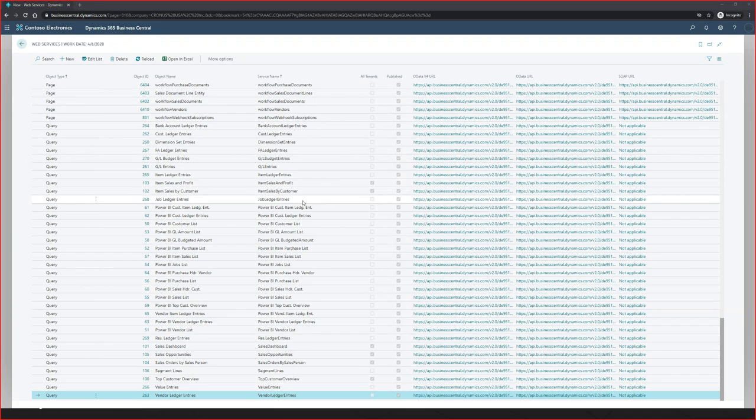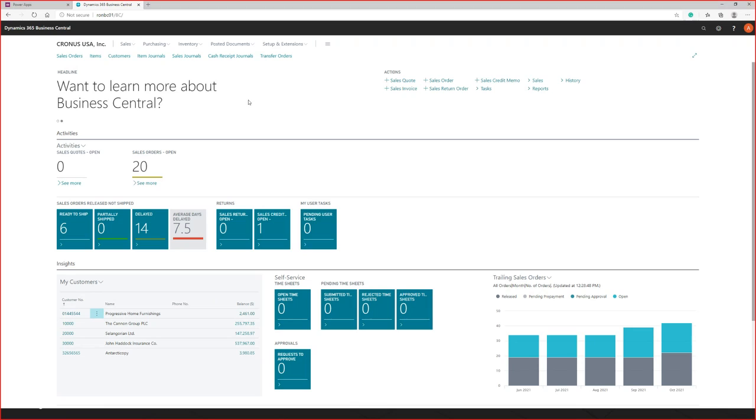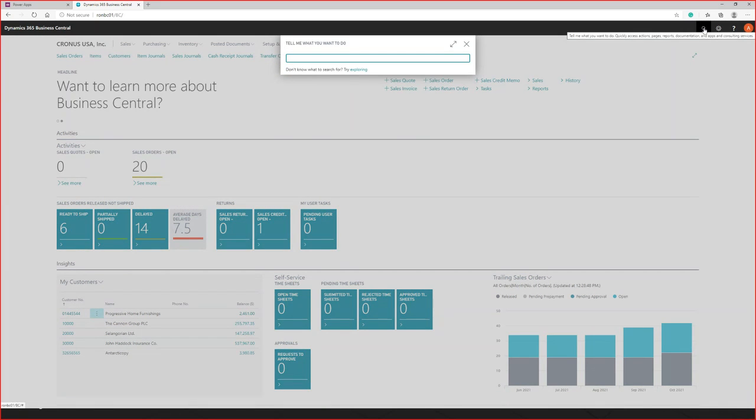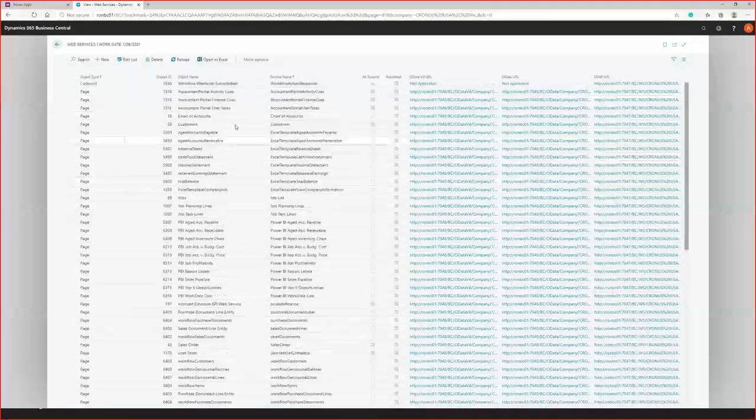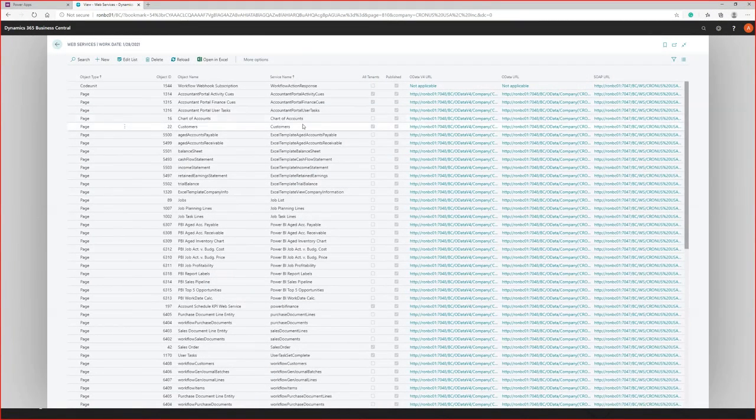What I want to do is jump over to a hosted solution or an on-prem solution, because this is how this would work. If I go over here to a hosted on-premise solution, we still have the same features, so I can still go to web services here. And I've already exposed the customer page on this one. Notice the URL is slightly different. Again, it's a hosted solution, and I've had this one hosted in our data center. The big difference here is this port number.